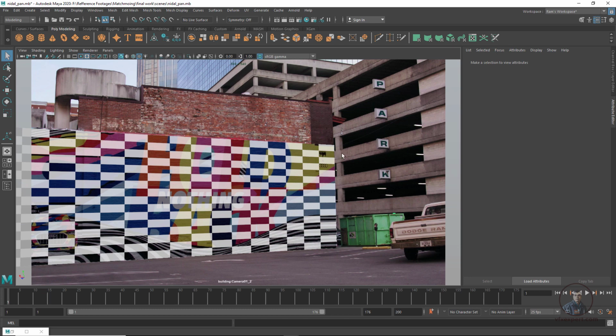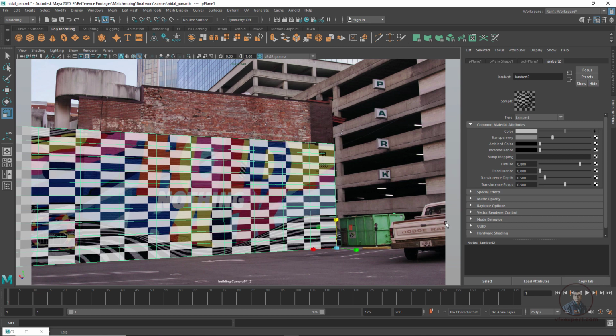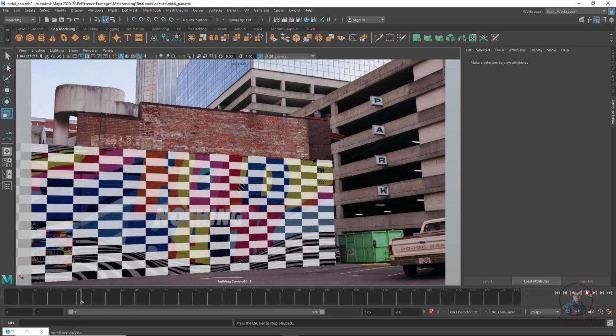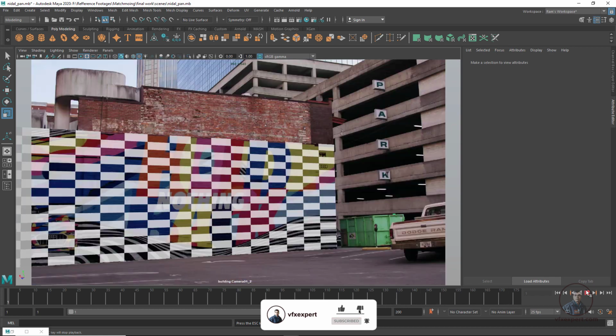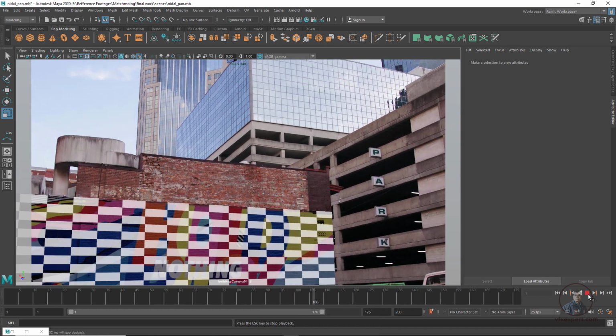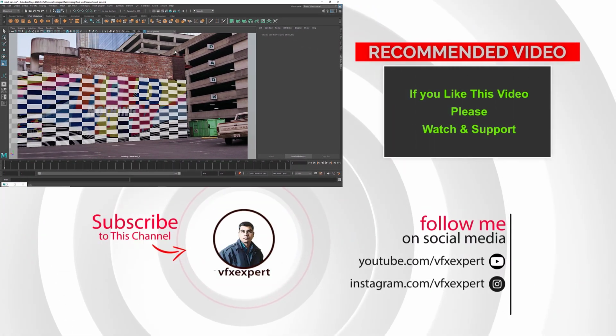The remaining things totally depend on you. Okay, so even if you want, you can scale, select and scale a little bit like this. Now just play and check. So here this is looking good. The remaining things you can place, just stop it here. So this is looking good. The remaining things you can place according to your requirements. So till here I have completed our shot.